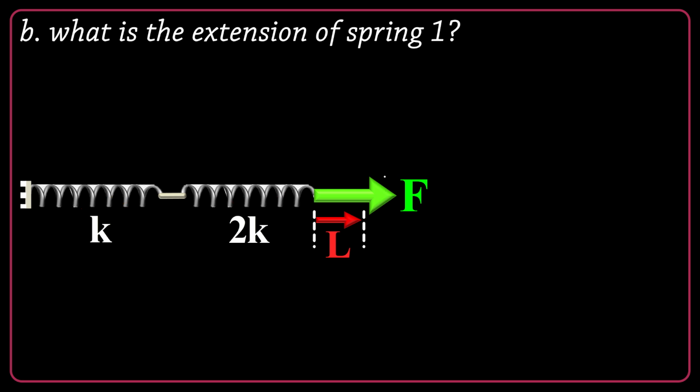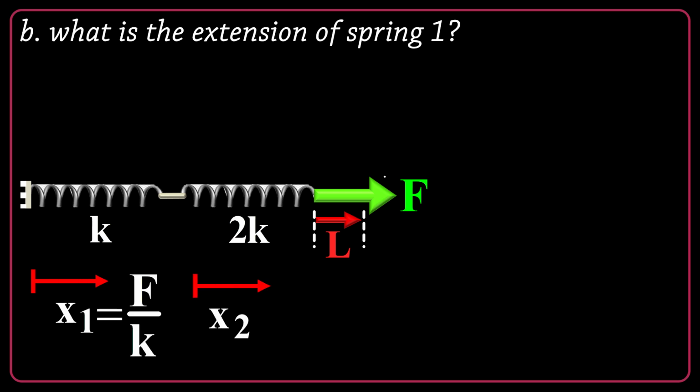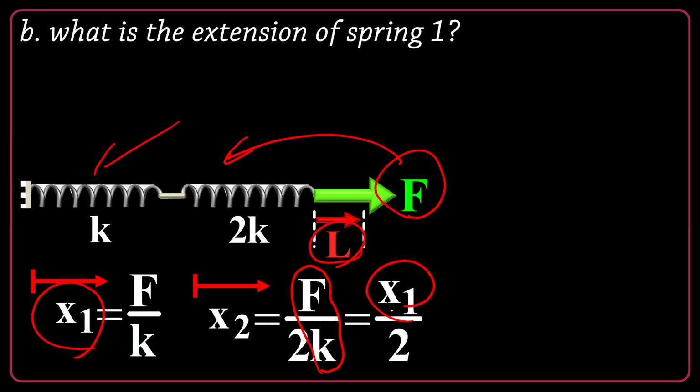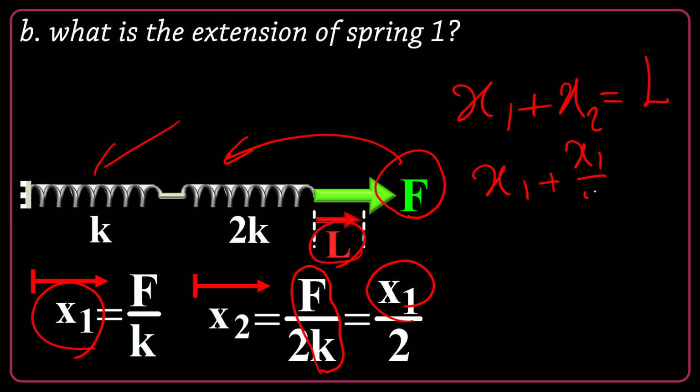I don't like to continue like this. Okay, here I have x1 and here I have x2. In general, x is equal to F divided by k. You know this F is transferred to first and the second spring, F over k. And x2 is F over 2k, okay? You know that L is equal to x1 plus x2, isn't it? On the other hand, you see that F divided by k is exactly x1, so x2 is x1 over 2. So here I believe that x1 plus x2 is equal to L, so x1 plus x1 divided by 2 is